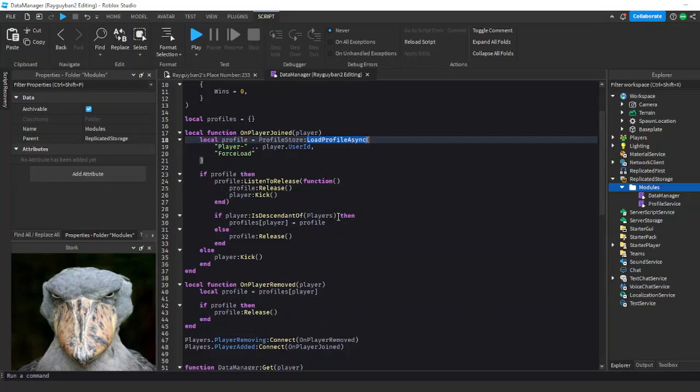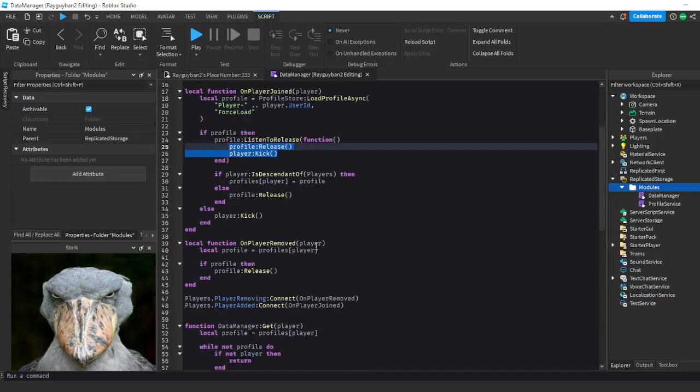Since that takes a long time, we have to actually check if they're in the game anymore, and if they're not, we just want to release the profile because we're not going to be using it anymore, which relates to them. That leads to the profile being released and the player getting kicked if they're not there already. But if they